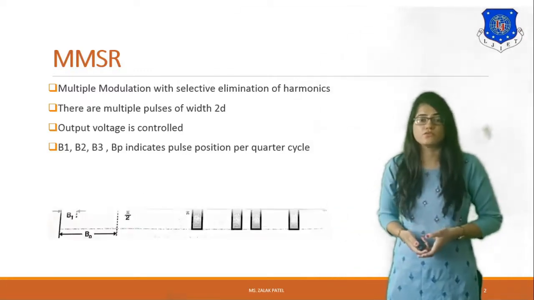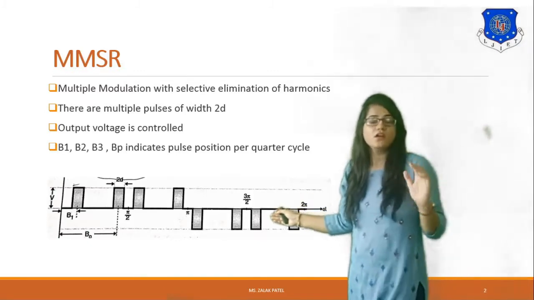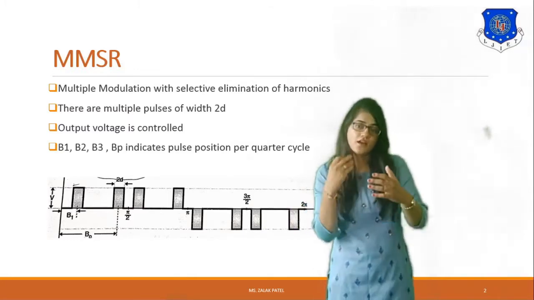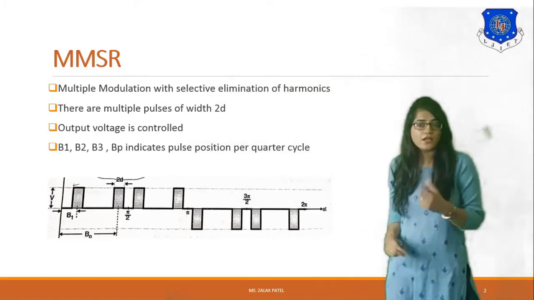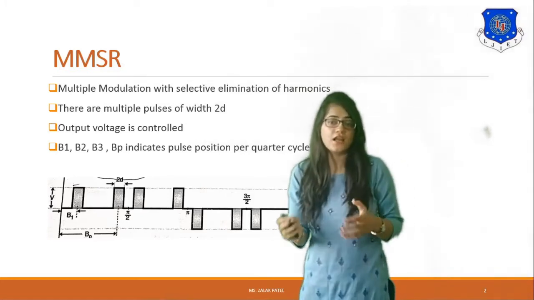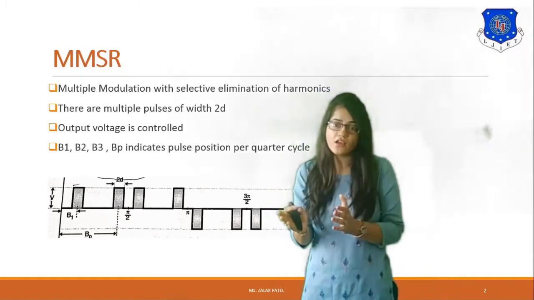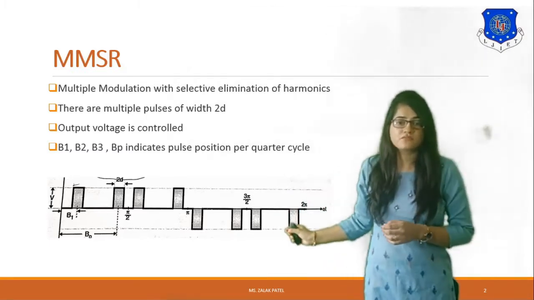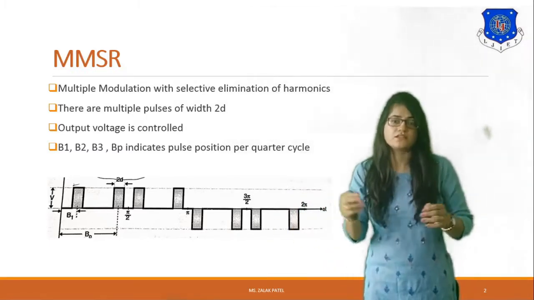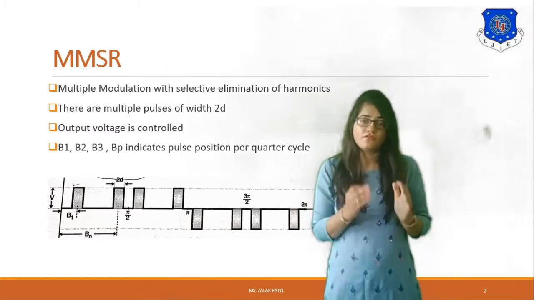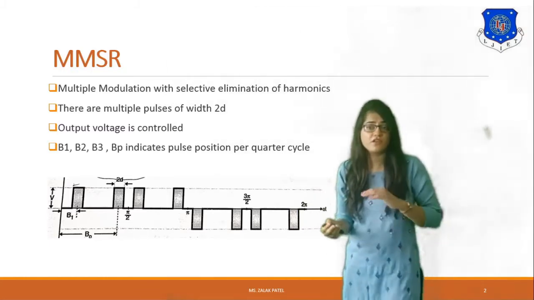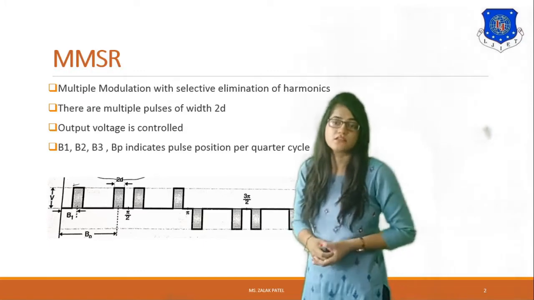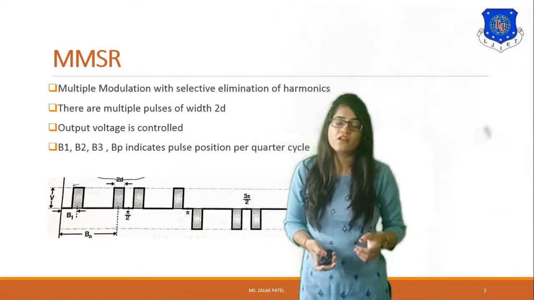Now how will it reflect? Let's see in this figure. In this figure, there are 4 pulses in the first positive half cycle and 4 pulses in the negative half cycle. So it indicates that in the quarter cycle, a total of 4 pulses are generated. The distances between the pulses are not symmetrical if we see only the positive portion, but if we compare the positive cycle with the negative cycle, we can note that the spacing is almost equal. It is also required to be symmetrical.